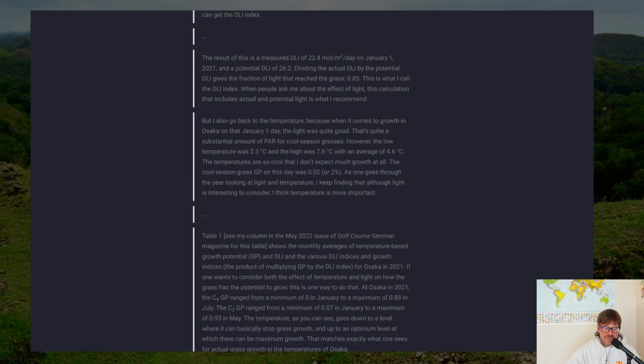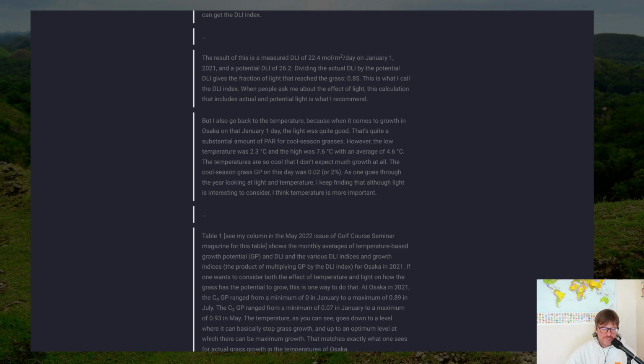of 22.4 moles per meter squared per day in Osaka on January 1st, 2021, and a potential DLI of 26.2. Dividing the actual DLI by the potential DLI gives the fraction of light that reached the grass, 0.85. This is what I call the DLI index. When people ask me about the effect of light, this calculation that includes actual and potential light is what I